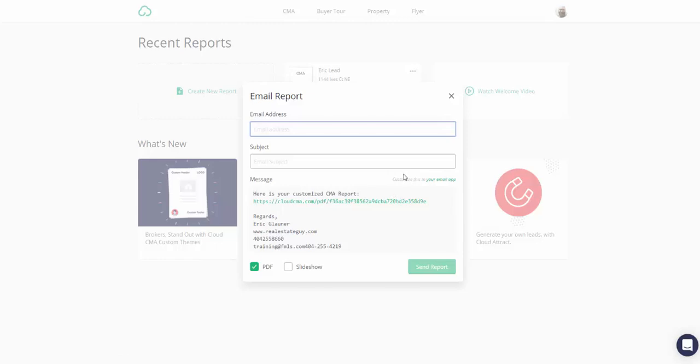Or the second of three methods, over to the right, it's easy to miss. It's small print and it's in italics. Customize this in your email app, and the words your email app are a link. If I click your email app, it will open up the email program configured on this computer, and I can send from my personal email program. Clearly, your personal email program should be configured to be coming from you, so we don't have to necessarily